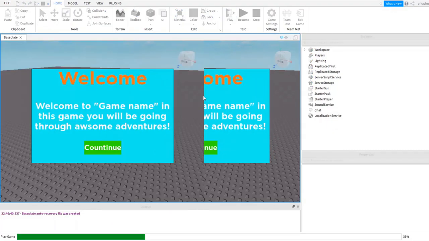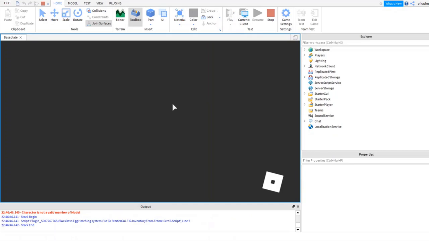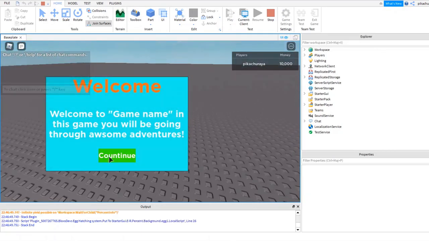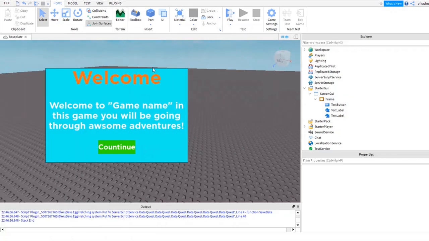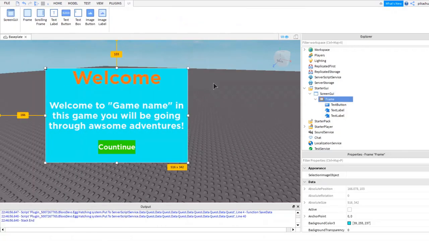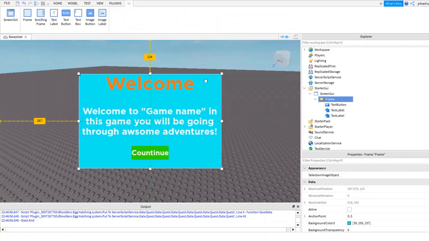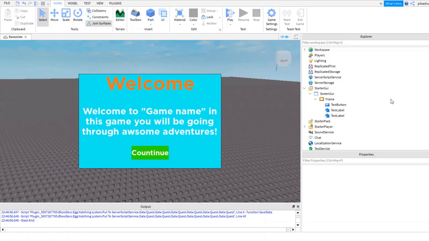Now if we play, we can see that in the game we do have this showing up right there, and it's not located well, though we can change it easily. When I click continue, nothing happens, and we're going to get into scripting, so that something happens after you click the continue button, like it gets turned off. And we're actually going to make a tutorial and a home screen, so stick with us, this is going to be pretty awesome. So here we've got it.